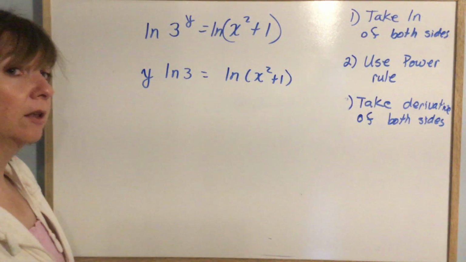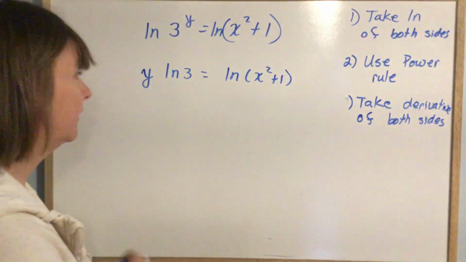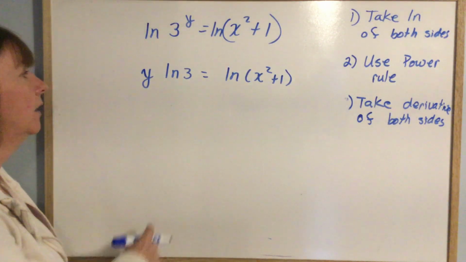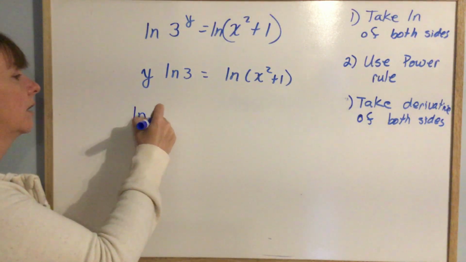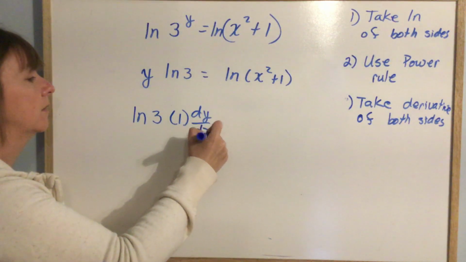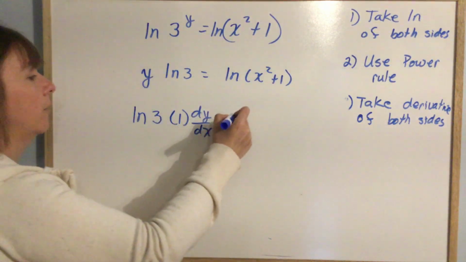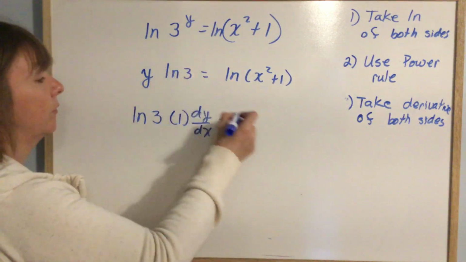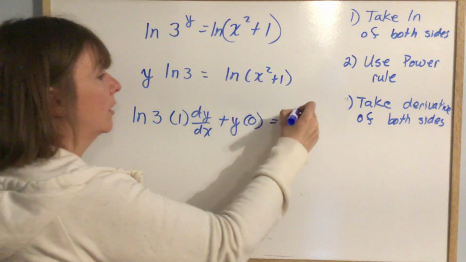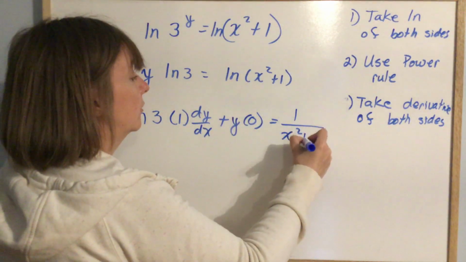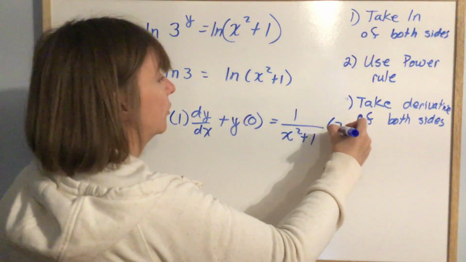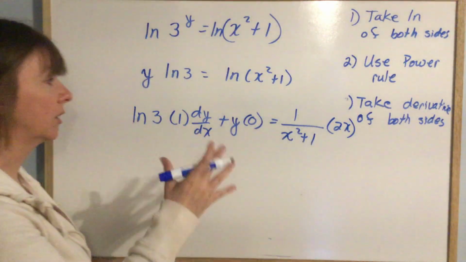This is going to be an awful lot like the one I just did. Take the derivative of both sides. So this side I'm going to have to do the product rule with. So g f prime, so 1 times dy over dx plus f g prime, but the derivative of ln 3 would be 0. That's equal to, the derivative of ln is 1 over whatever I'm taking the ln of, and then I do the derivative of x squared plus 1, which would just be 2x. So to clean this up,